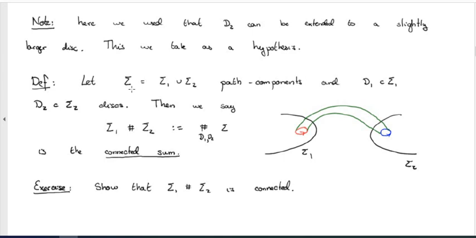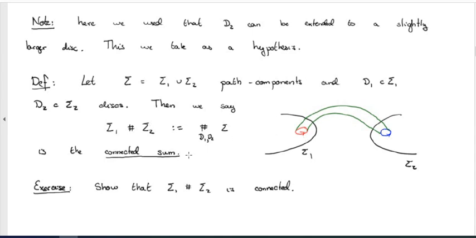So let's assume for a second that sigma is in fact the union of two path components, sigma 1 and sigma 2, and each disk is in one of the components, like in the picture. Then doing the one handle attachment identifies basically the boundary of d1 here to the boundary of d2 here, and now the two surfaces have been joined by this bridge, by this tube,